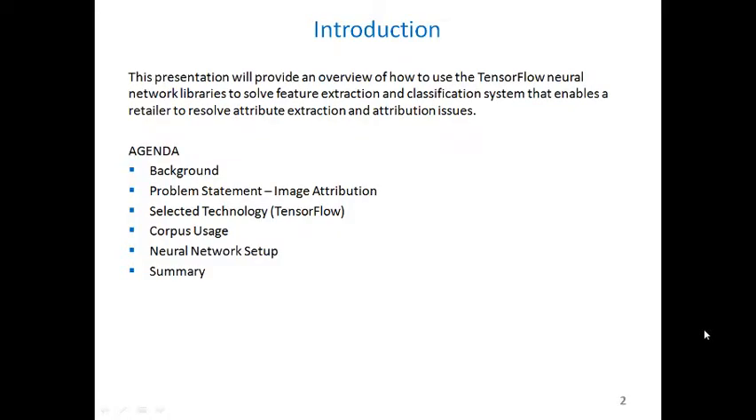This presentation is a detailed overview of how to use tensor neural network libraries to solve feature extraction and classification of text and images. The idea is to resolve retailers' problem of product attribute extraction, because the product attributes that are provided are very cryptic. They are not very well formed. Sometimes they have translation issues, and all those